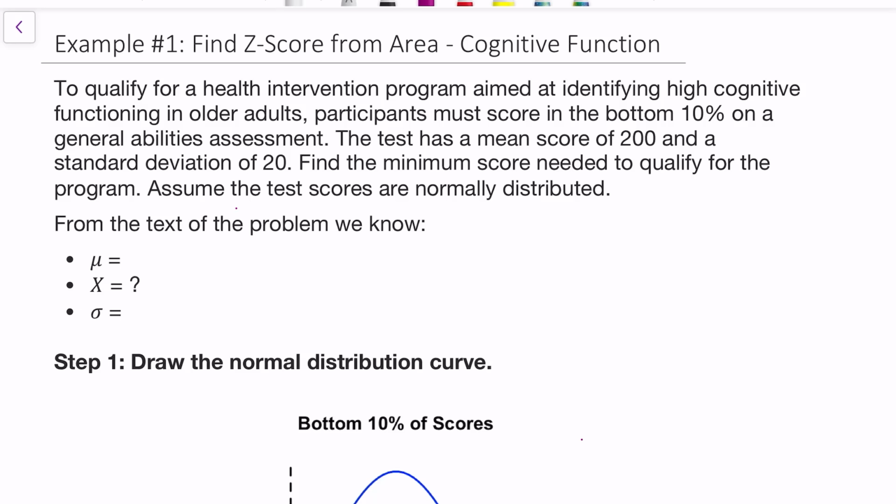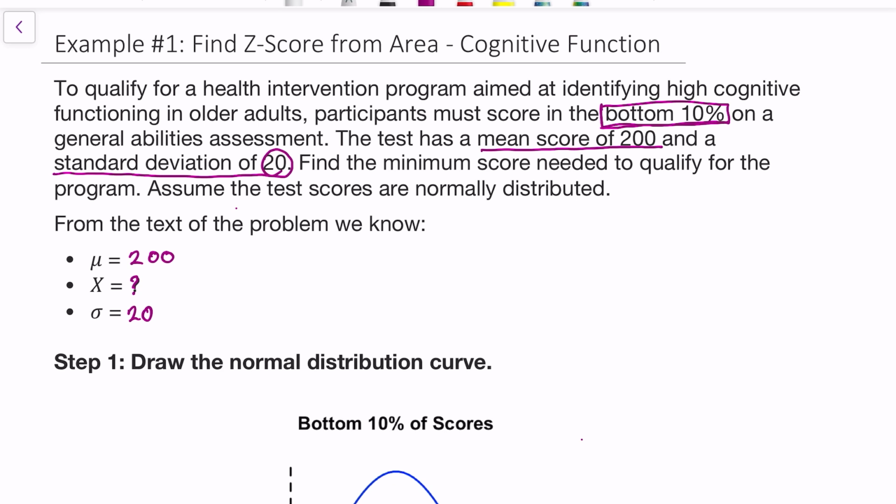So we are interested in the bottom 10%. We have a mean score of 200 and a standard deviation of 20. They actually do not give us the X in the context of the problem. They just tell us we're interested in the bottom 10% in cognitive functioning scores in older adults, so they can